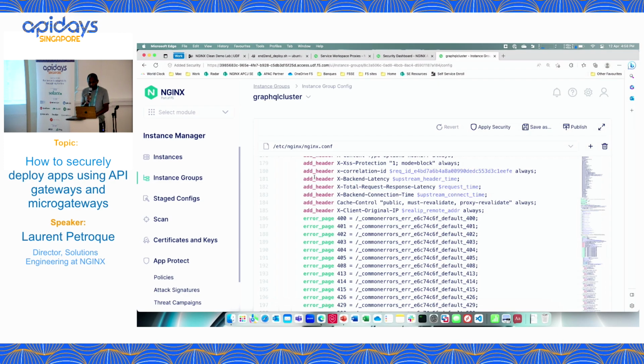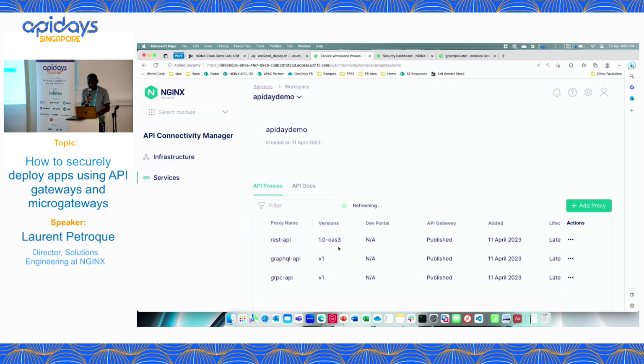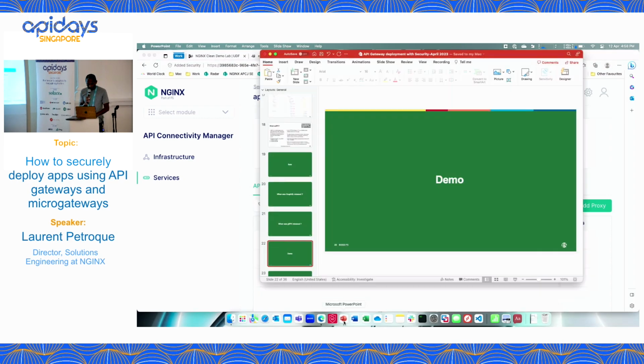And be it for GraphQL, be it for gRPC, be it for REST APIs, this is how that's going to be done, and easily for the developers. Okay? Is that okay so far? Okay? So now we have seen how to deploy those APIs. Okay? Second topic is